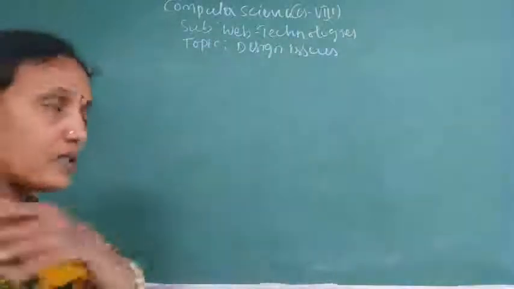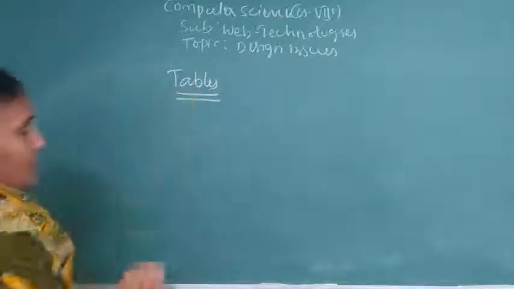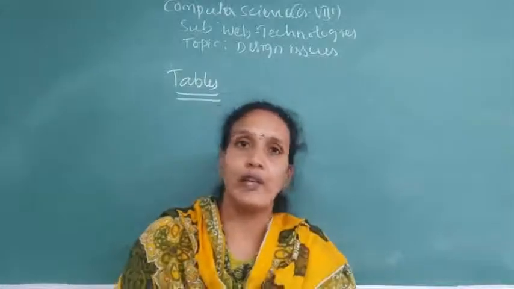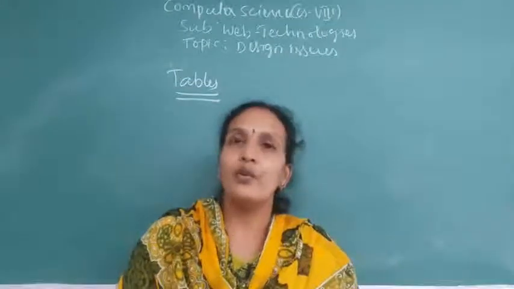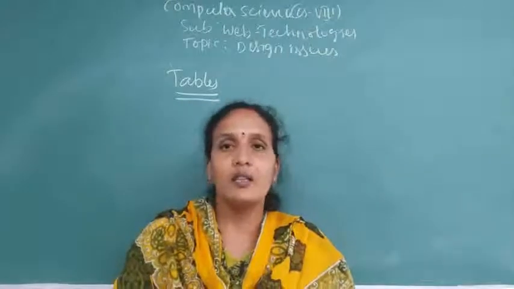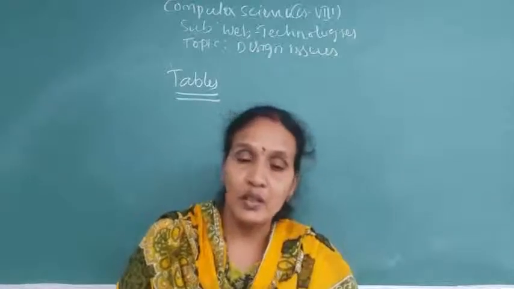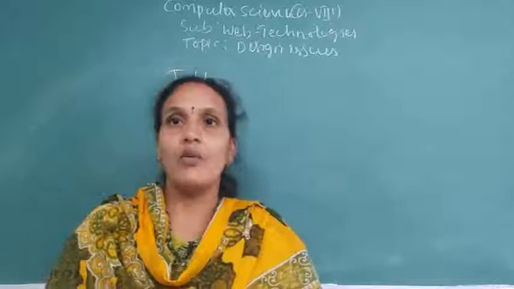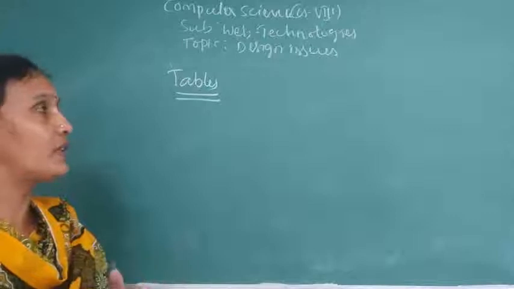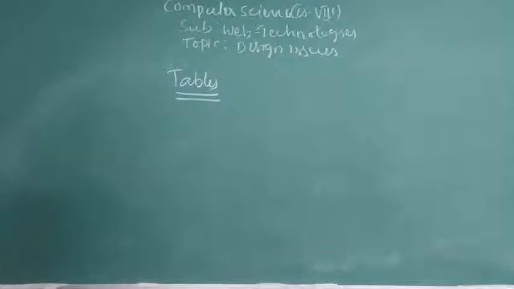Now, the next design issue is the table. See, actually, what is a table? A table is a very important element of a browser window. When you want to display any content in a grid format, in a tabular format, then we use the concept of a table. But when you are adding a table, what things do you need to think about? In which format? What should be the headings? What should be the padding? What should be the column span? That we should think about. Now, I'll explain the points.